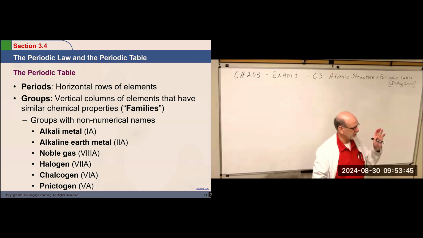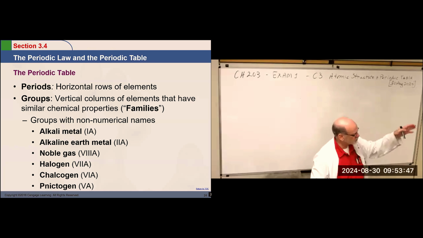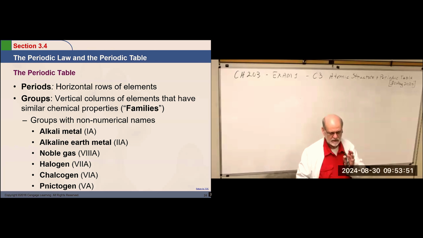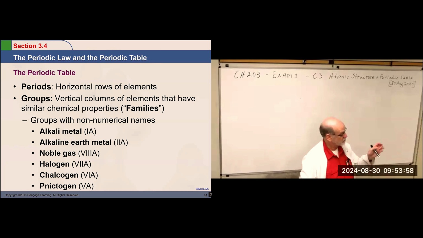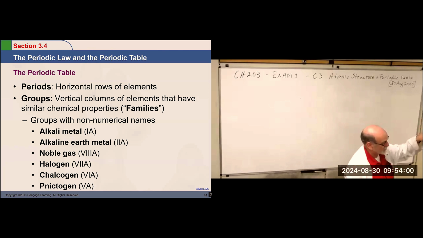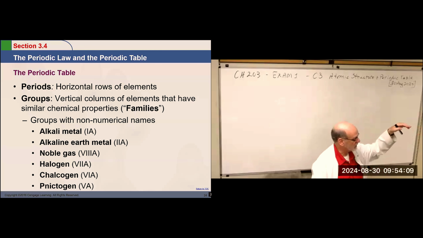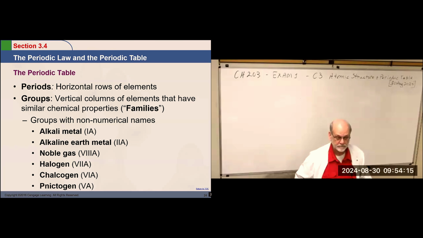Some of the groups have names. The first one on the left, and this 1A, 2A, these are old systems of numbering the groups. The new system, both the new and the old are in that periodic table. The number on the top of each group, 1 through 18, is the new system. The one below it, 1A, 2A, and then you go across the boron, say 3A, 4A, 5A, 6A, 7A.